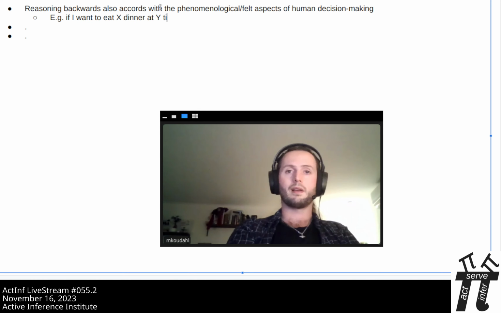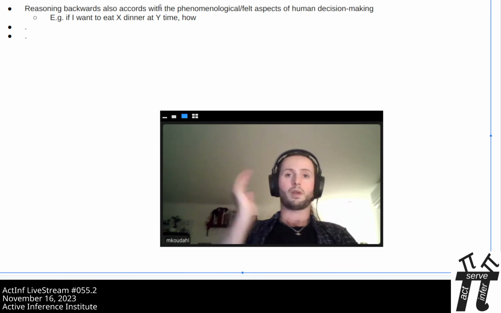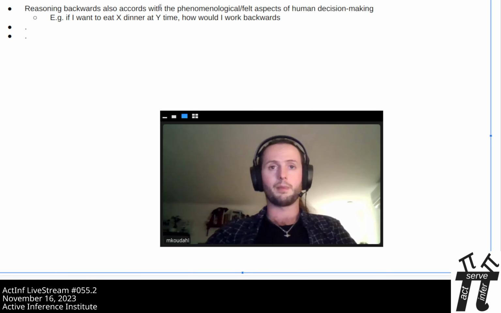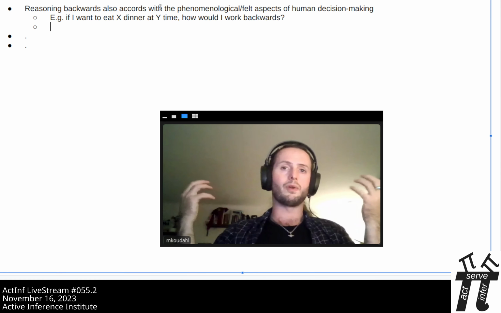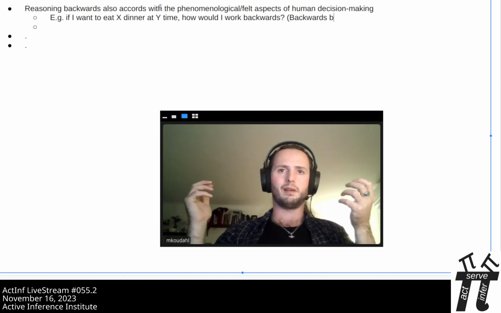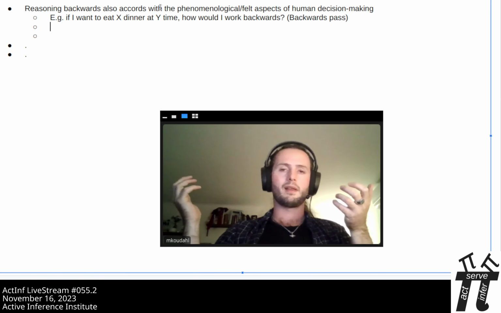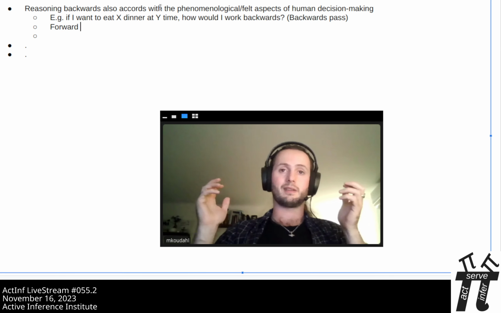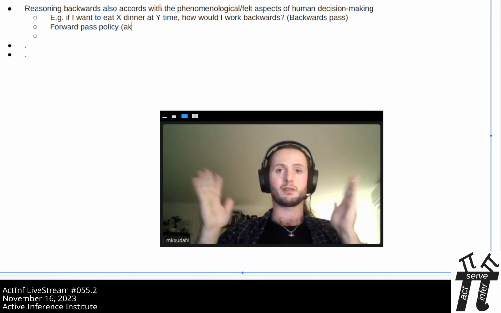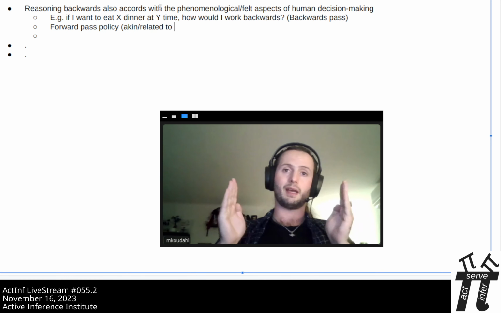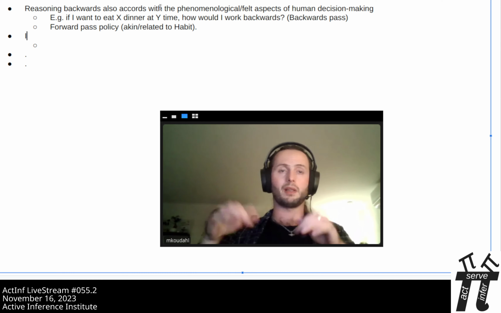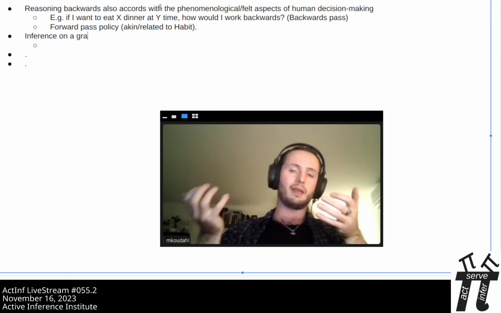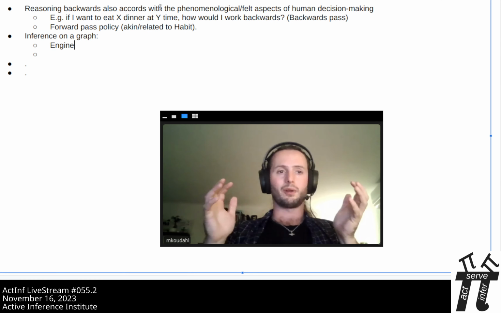And then there's the forward planning. All right, if I am walking out the door, I need to go there and then there, and if I keep walking, I'll end up in the right place. So there are both components to it, if you want to put a more anthropomorphic, intuitive spin on it. In practice, what this ends up being is just inference on a graph, and if you're an engineer, it's up to you to design your model and your inference procedure in a way that you end up with the results that you're looking for.